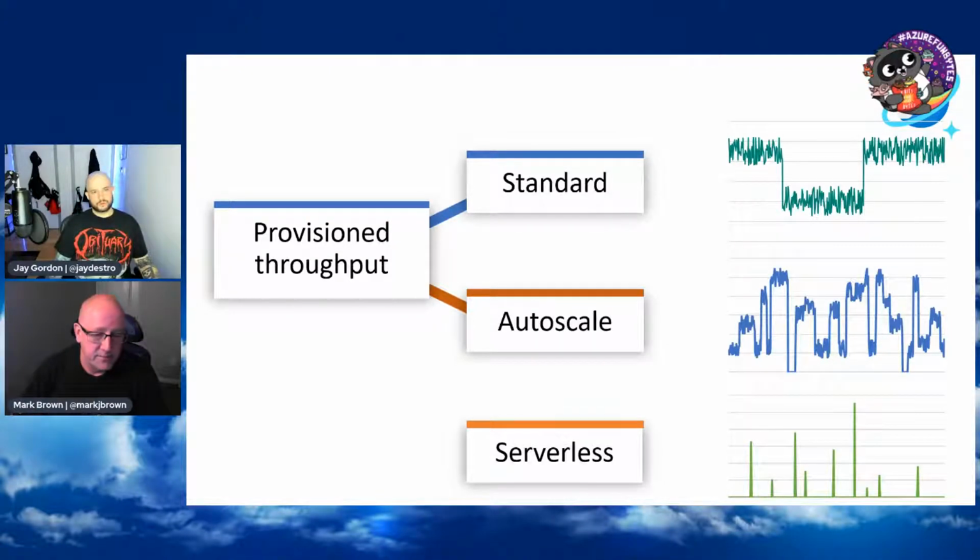So Autoscale, are there existing triggers that you modify for Autoscale? Existing triggers? No, it's all handled in the back. Okay, so you don't have to create triggers like you would in a VM Autoscale. No, you don't do anything. You just say I want to use Autoscale, set whatever you want your max to be, and that's it.